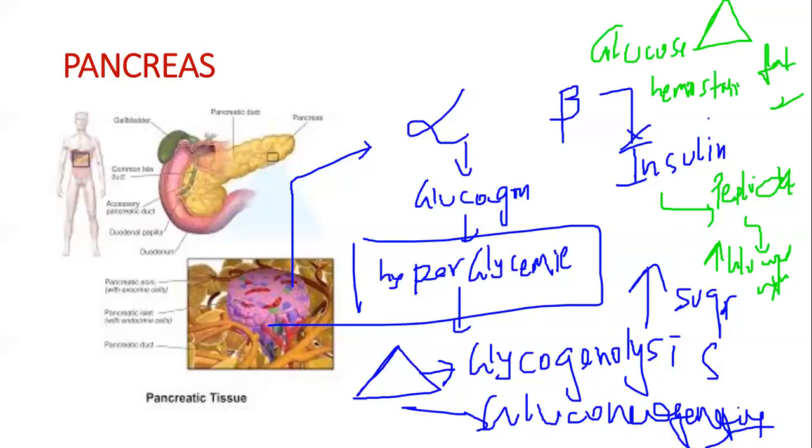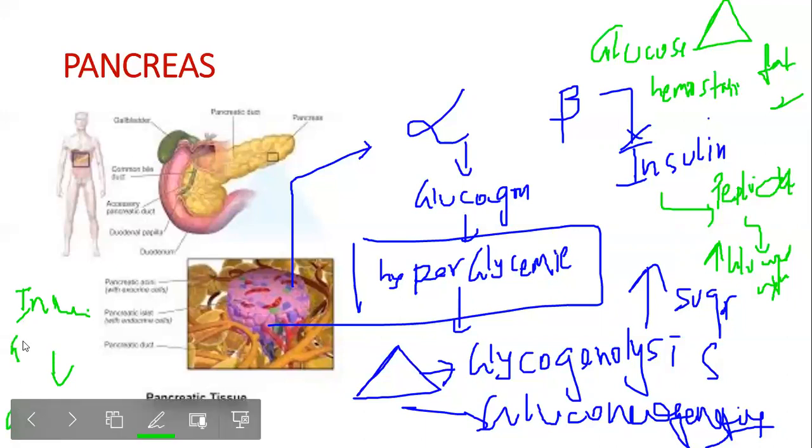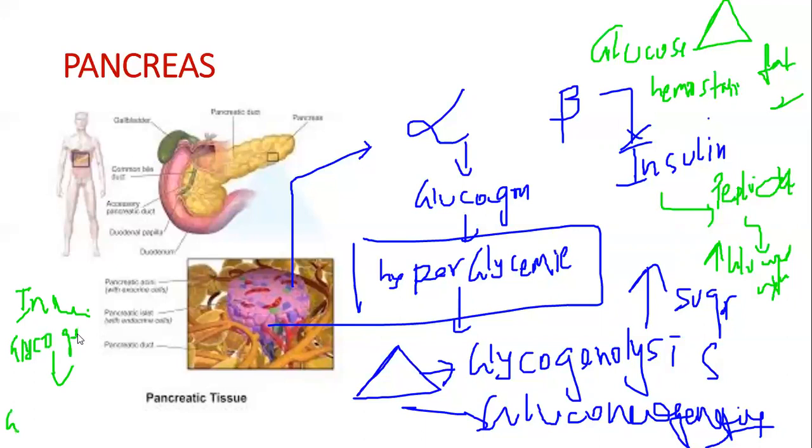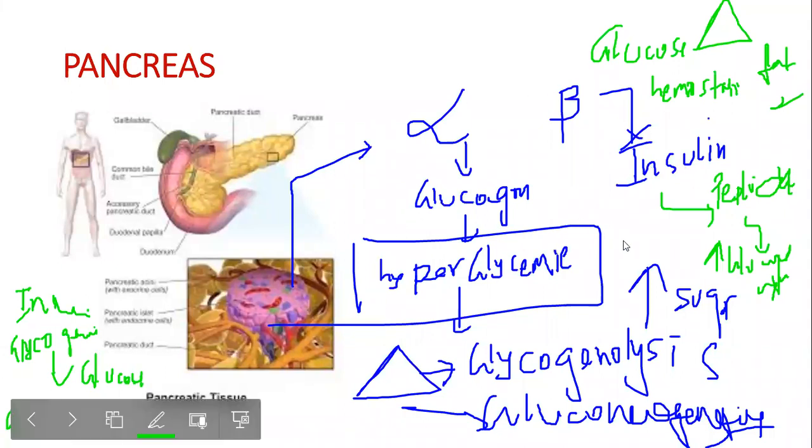And how is it doing so? The main thing insulin does is it stimulates glycogenesis. That is, it stimulates the conversion of glucose to glycogen. And it also causes, therefore, glucose homeostasis. So insulin is secreted by the beta cells of the islets of the Langerhans, and insulin is a peptide hormone. Basically, it uses the glucose. It enhances the cellular glucose uptake, and it mainly acts on the liver cells, hepatocytes, on the fat cells,